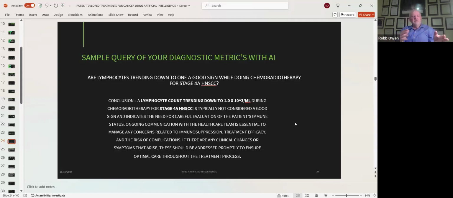So I had conflicting information. This is not a good sign, but my tumor's gone. I feel wonderful. No side effects from the treatment. So I don't have enough information yet to make a decision. And this is how you would specifically use AI to build your information to make decisions based off of your